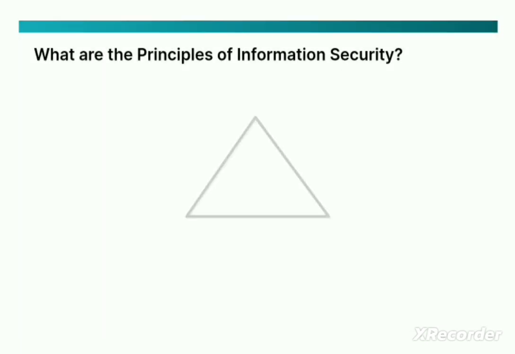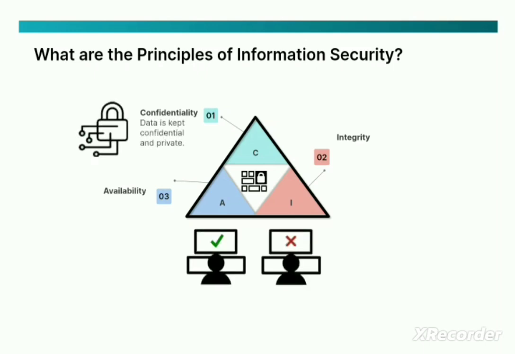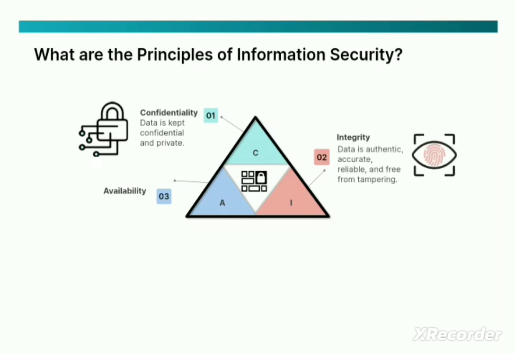There is a triad of principles that constitutes the objectives of information security. These principles are confidentiality, integrity, and availability, which form the letters CIA. Private information must remain confidential. You need to know who is trying to access the information and whether or not they are authorized to access it. You must also have assurance that the information is authentic.